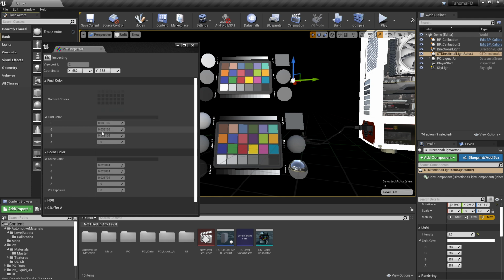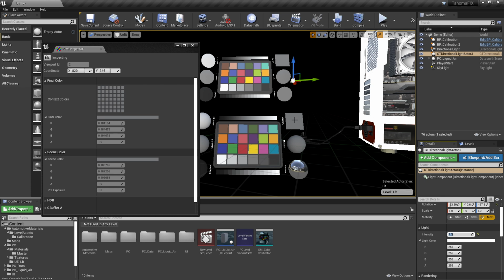And really what we want to do is we want to get these values right here around that mid value of 0.18. So how do you do that? Well, pretty straightforward. We're just going to take that GT directional light and start to increase its intensity. We'll go up to something like 1.3, and now you can see that mid value is kind of reading in the 0.18, except the blue. So it's a little hot on the blue.